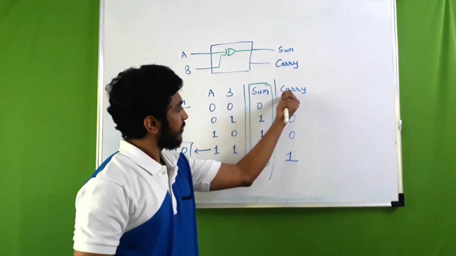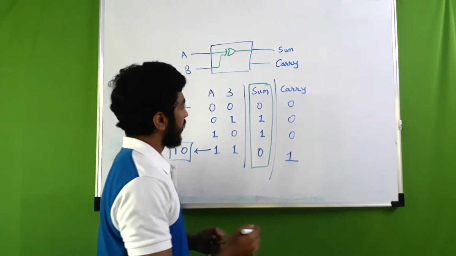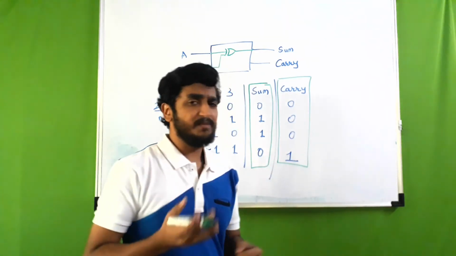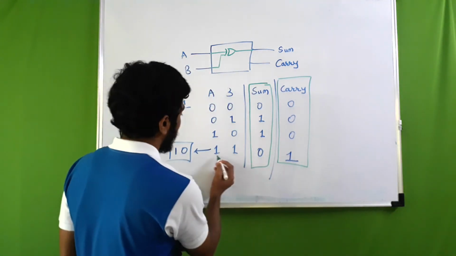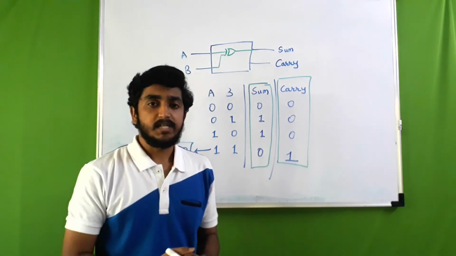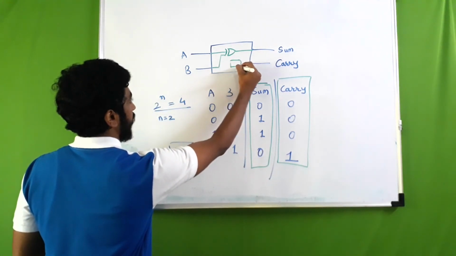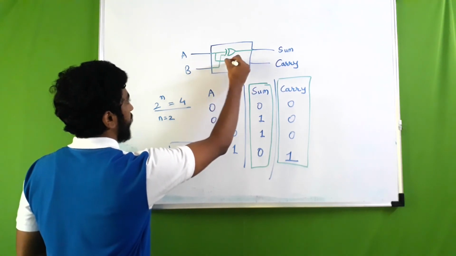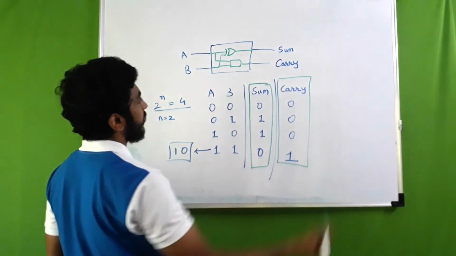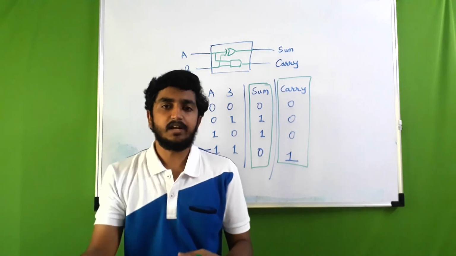Now let's take a look at carry. If you look at carry, it again resembles a very basic logic gate. You can easily identify that only when both are 1 is the output 1, otherwise it is 0. This means it represents an AND gate. So I can just construct an AND gate, connect both the inputs to it, and connect its output to the carry. As you can see in the other color, I have drawn the inside of the black box.